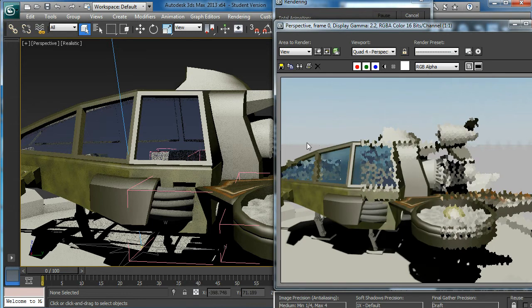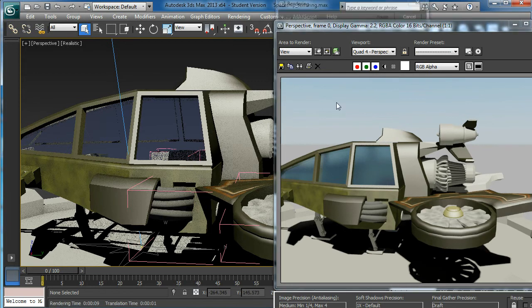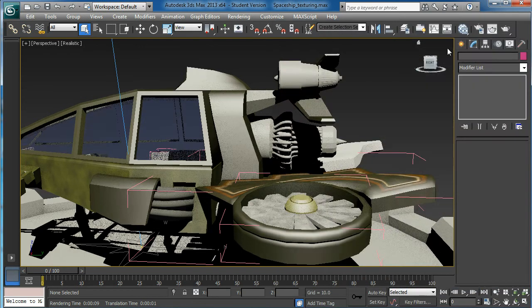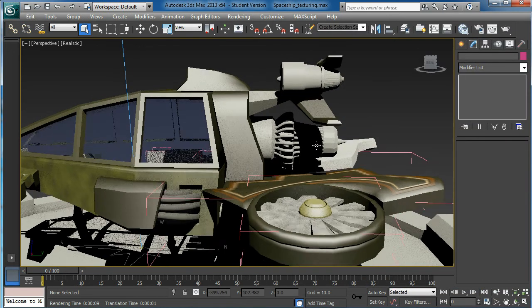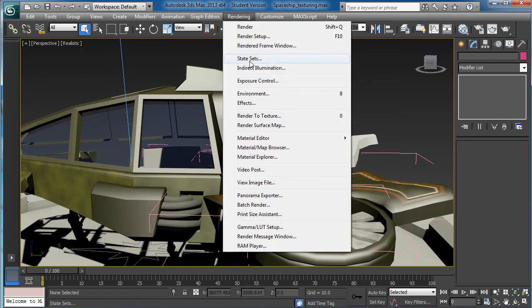I'm going to turn off the metal ray sky because in the background I like to have a little bit darker background. Then I can show you guys more visible glowy effect. I'm going to render in effect,